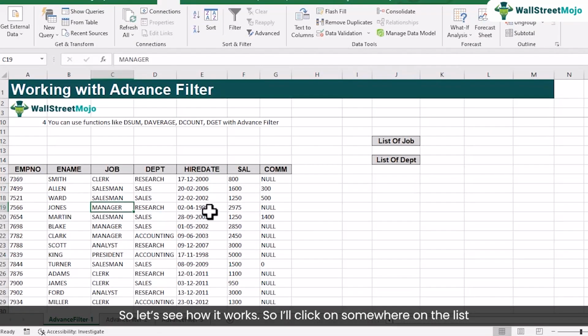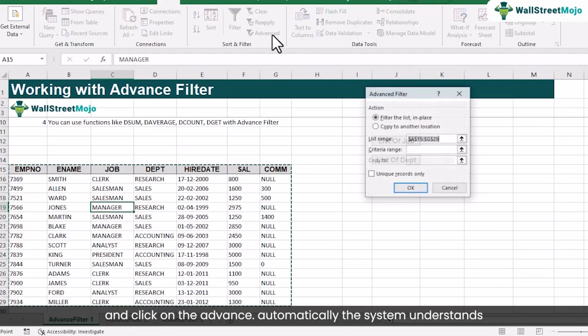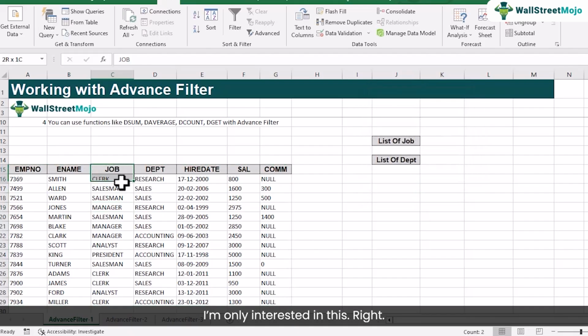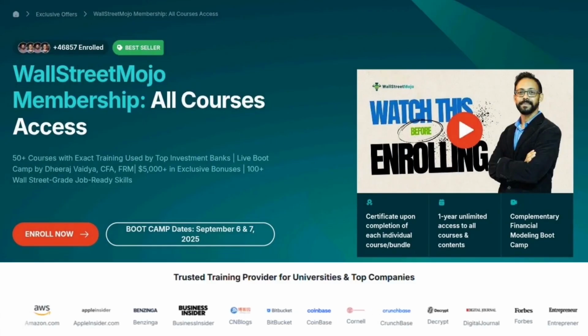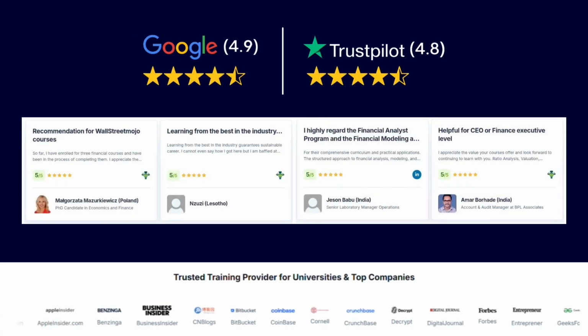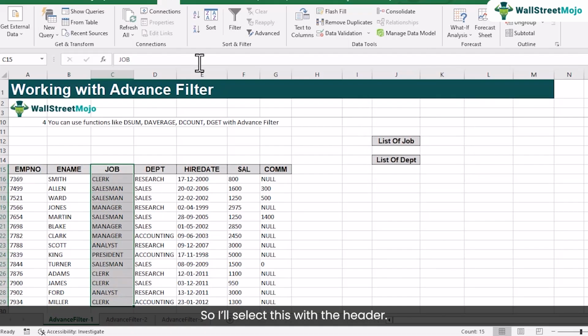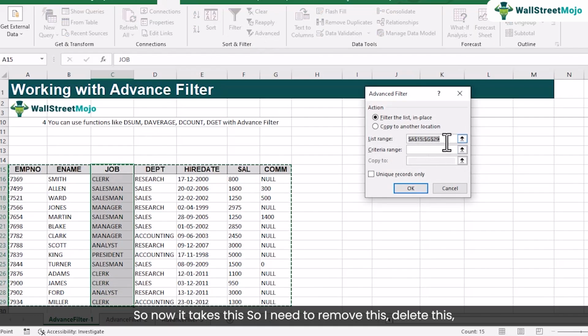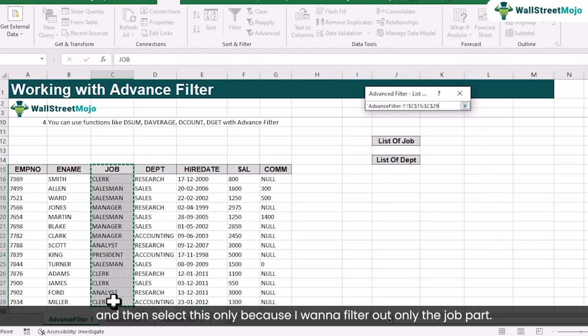So I'll click on somewhere on the list and click on the advanced. Automatically the system understands that this is the list from which I would run the filter. But I'm not interested right now in the entire list. I'm only interested in this. Right. So I'll select this with the header. Please note that. Click on advanced. So now it takes this. So I need to remove this, delete this, and then select this only,